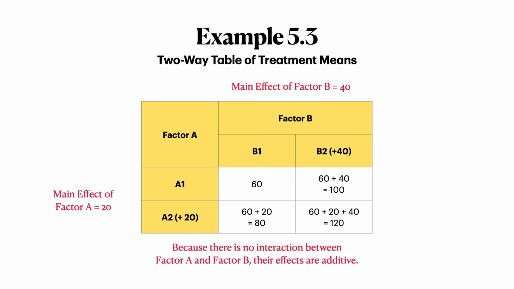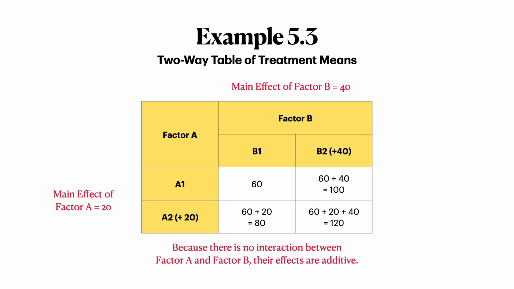And so let's take a look at what that means in the context of this 2x2 complete factorial treatment structure. Here I've gone back to that first two-way table, and you'll recall, based on our calculations, we have determined that the main effect of factor A is 20, the main effect of factor B is 40,